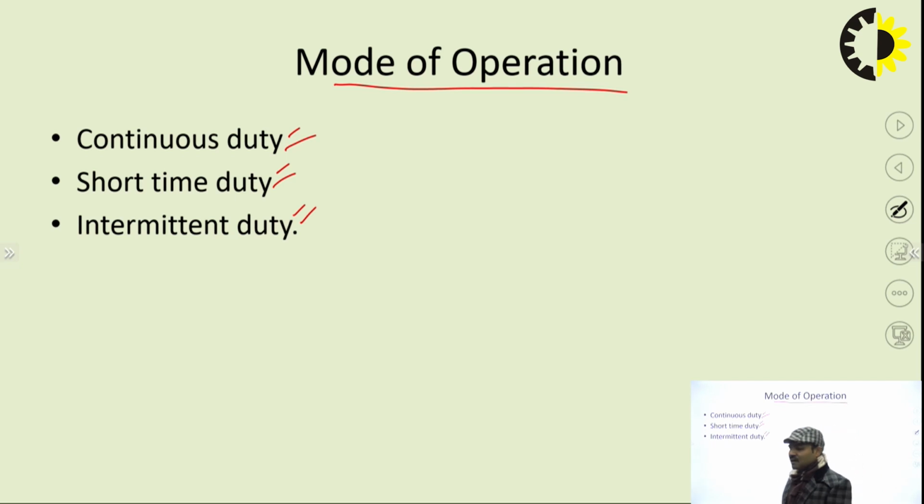Depending upon the application, we require different classes of motor duty. If one motor is required to run for 24 hours and the same motor is required to run for 1 hour, it will not produce the same efficiency. Efficiency will be less, and the overall costing of the system will not be economical. So these are very important components for the selection of motors. We will see these topics in the next lecture.